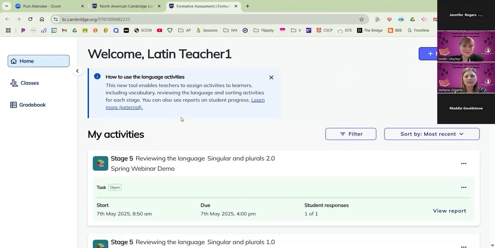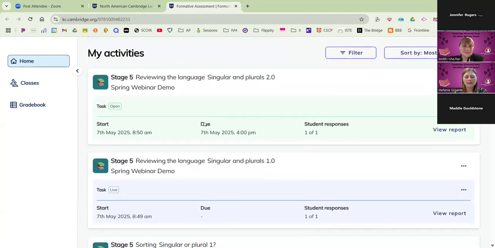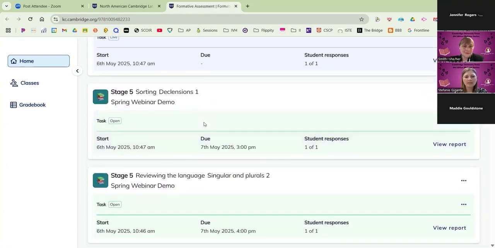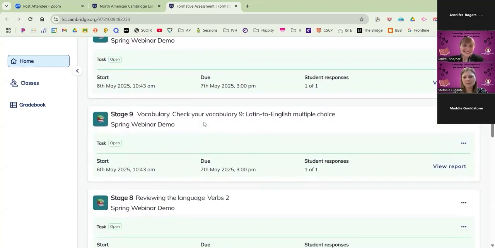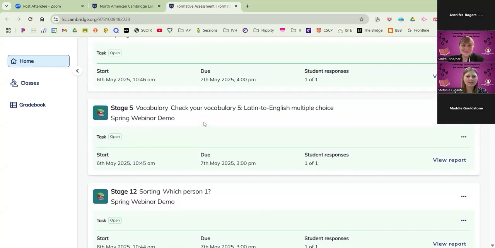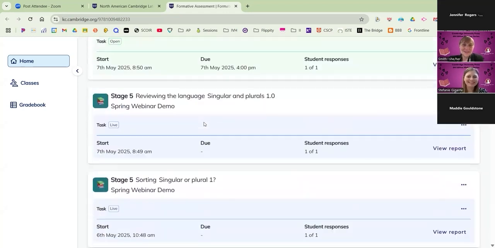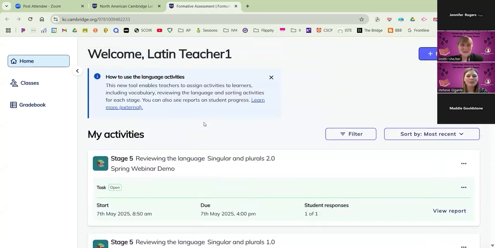So you can see in the My Activities scroll that Smith was very busy the last few days, and I'm sorry for all the homework I assigned, but I hope you'll forgive me. One of the things that I don't think I necessarily showed you last week when we were talking about the assignments themselves was filtering them and being able to show what you've done.